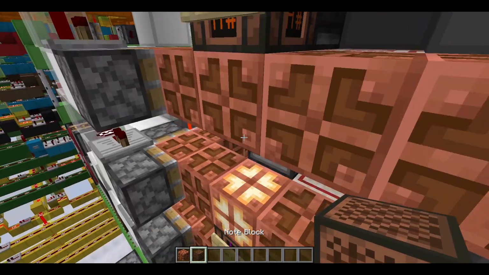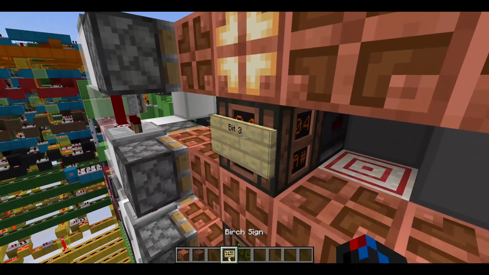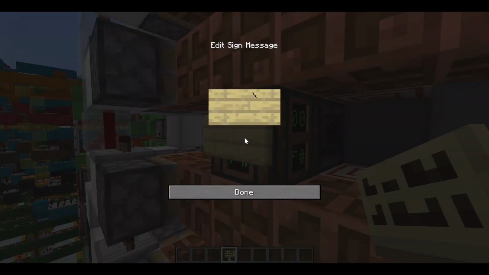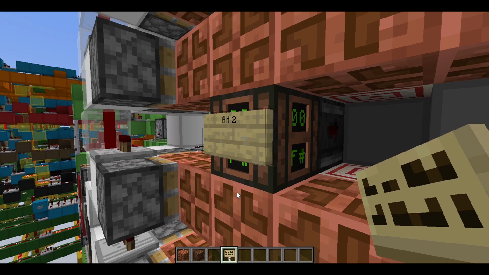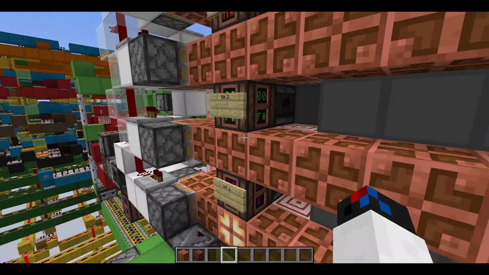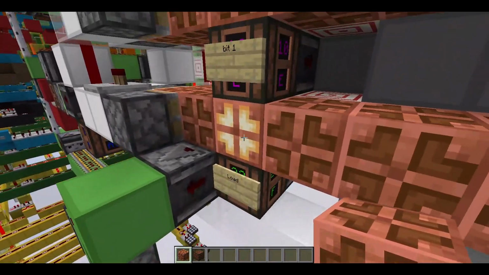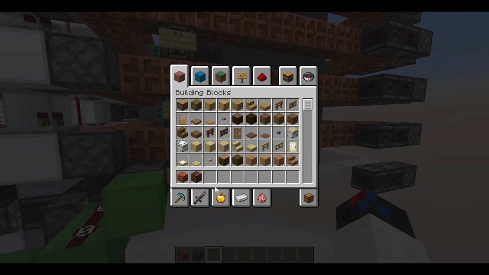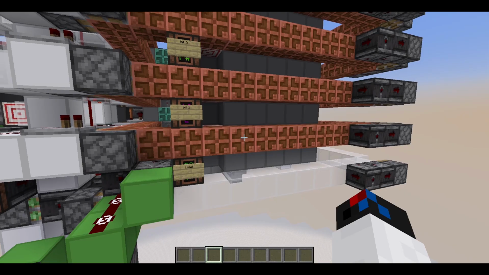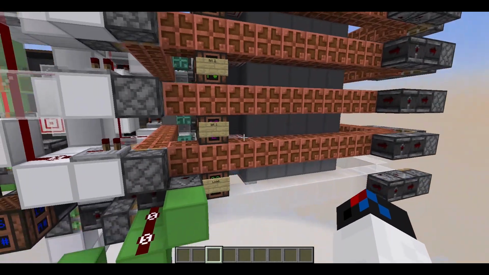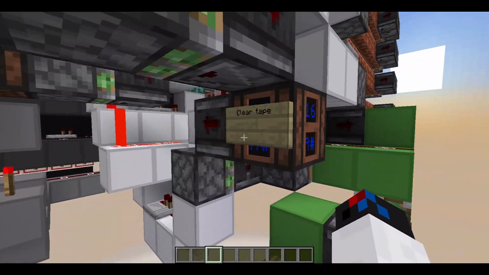I accidentally broke that, so let me fix it. This is bit 2. Alright, that is not in the script, but basically you don't want to go into individual copper bulbs and replace them like that. You want to have a way to automatically do that for you, and you can do that with this note block right here,